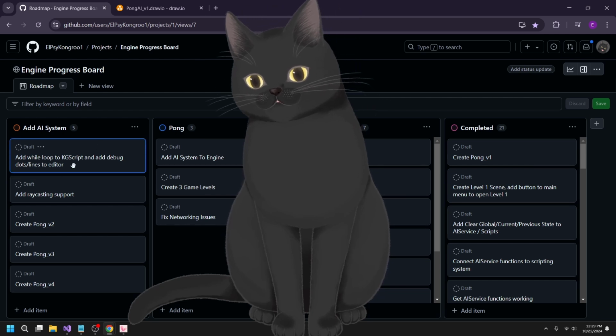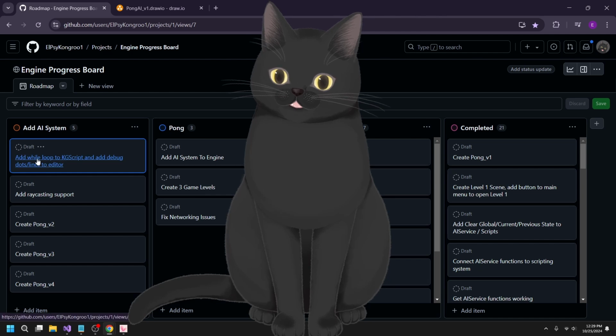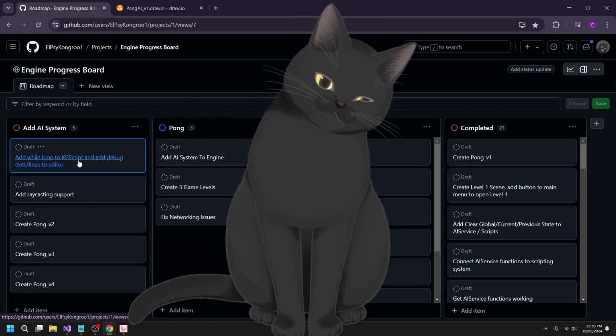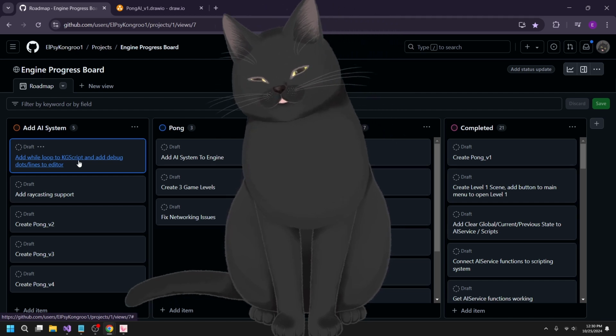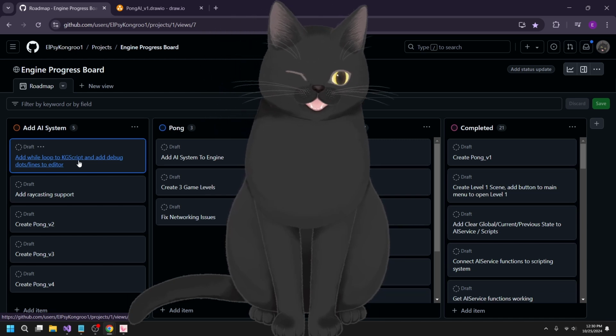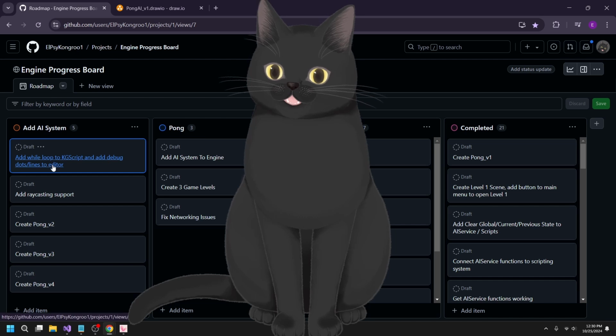I guess 3 features in total. I need to add while loops to my KG scripts. Currently we don't support while loops. It's a really easy fix, I looked through it. It might take a decent chunk of time, so probably the first bit of the stream. After that, I'm going to make sure I can add debug dots and lines to the editor.